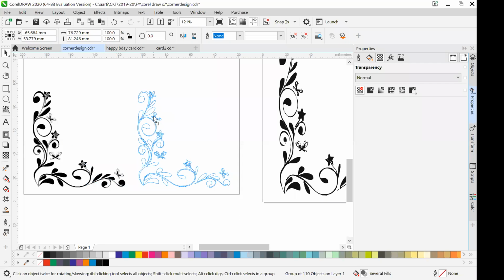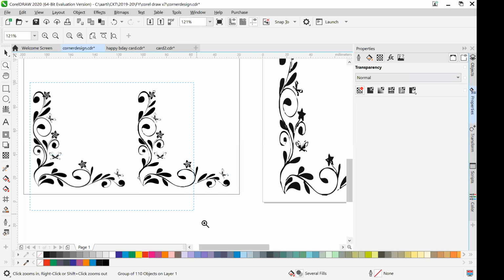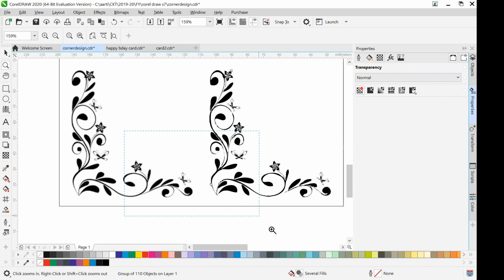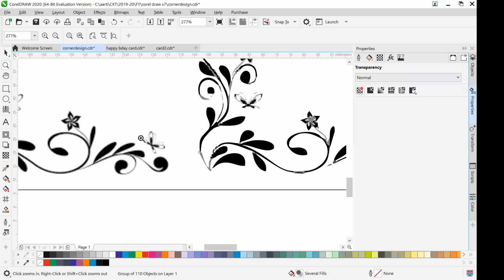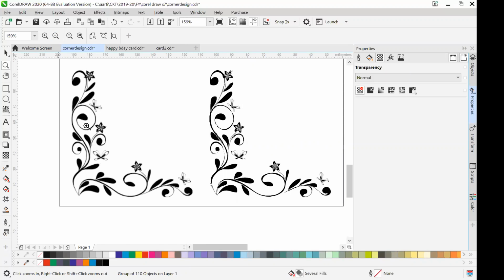Now I am dragging it, and now see the difference between the original image and the image which we have just now digitalized. It's called a vector image. So are you able to see the difference? This is blur. You can't edit it, but this is not blur. Each and every part has been chosen by your program, and it has been converted to a vector, and you will be able to operate on it. Okay, so that's the main thing. Now I'm going to remove it.